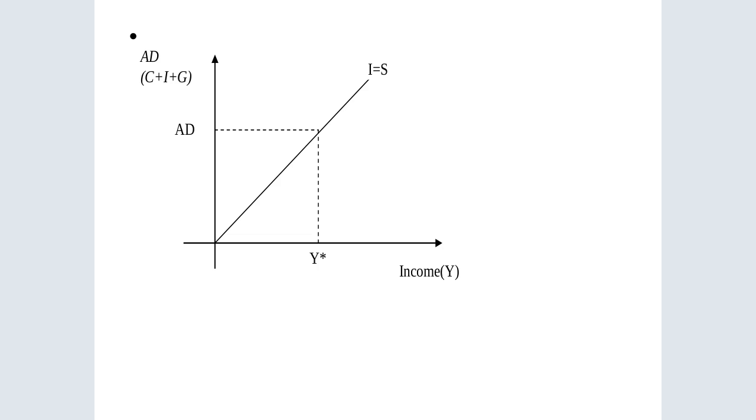So we have the investment savings function. We have the aggregate expenditure, or the aggregate demand, on the vertical axis, and we also have income on the other side. So the investment is upward sloping, which simply means that investment